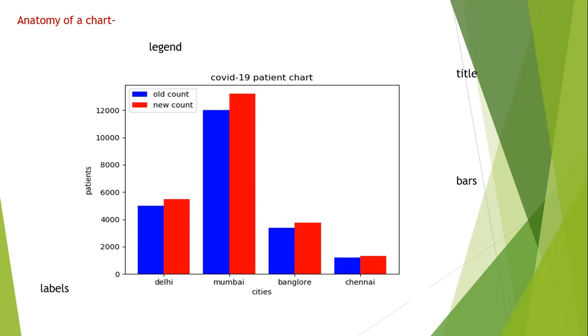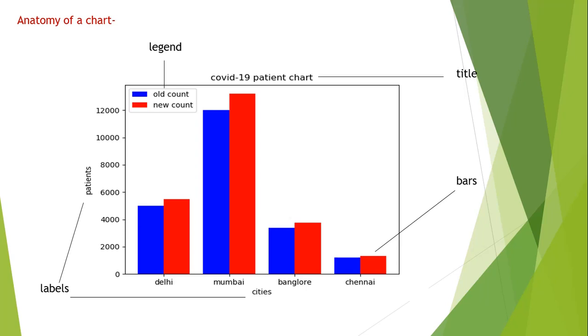Now see here, we have already mentioned some legend, title, bars, and labels, and now we are showing you the pointings of these labels. Each functional component of the anatomy has been shown: this is the legend, this is the title, this is the bars. These are labels, and certainly there is the figure also, and x ticks and y ticks also, but these things can also be represented on this graph. But already we have taken an overview of what the anatomy of a chart can be.